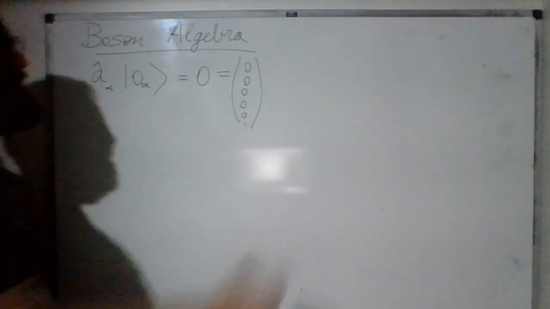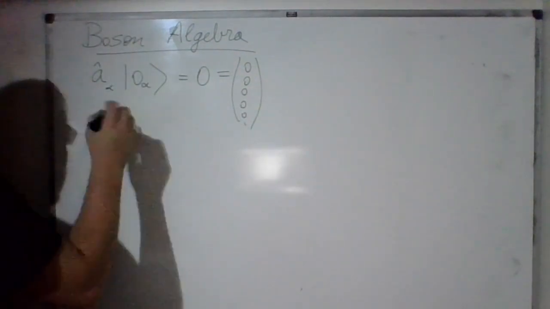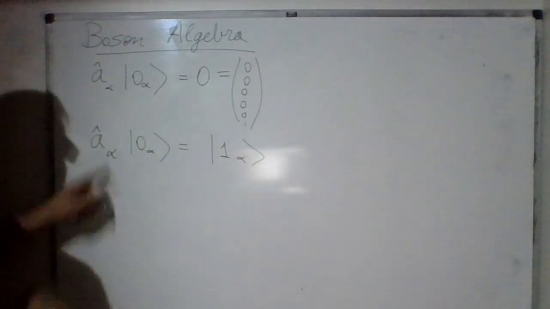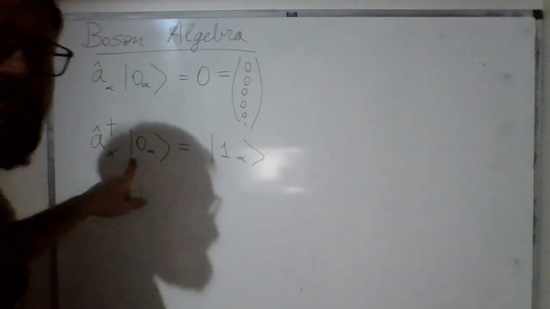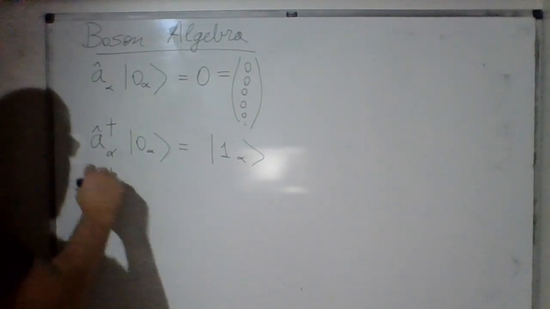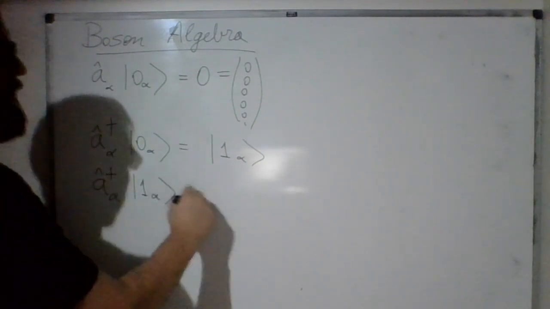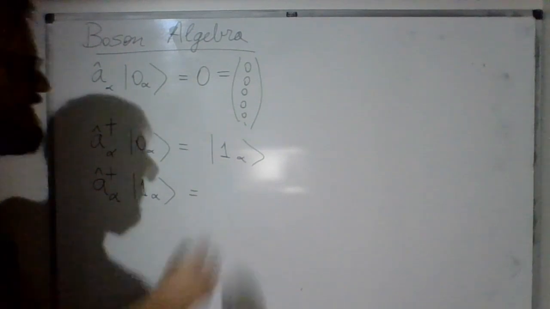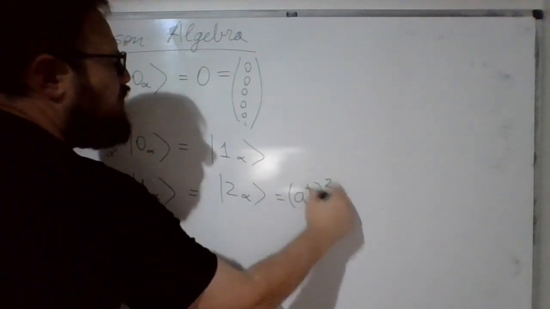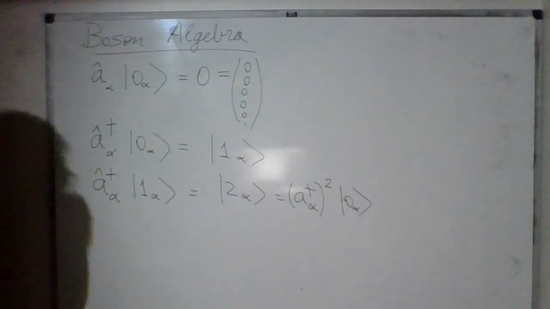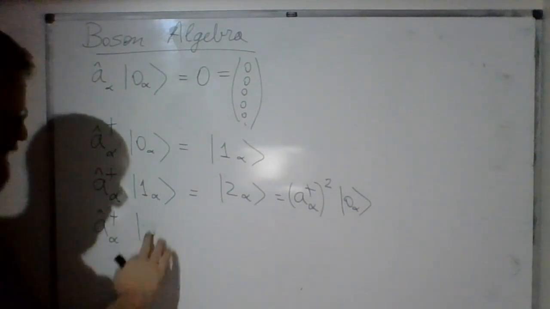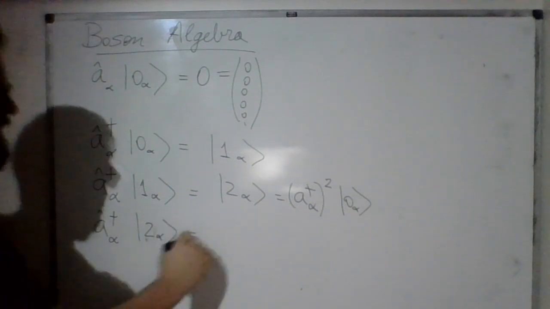But you could create a particle in the vacuum. It will produce the state 1, and this would be done by acting with the creation operator. You could apply it again to the state with one particle. For bosons, it works just fine. You can put two particles, but notice that this is the application of the operator twice to the vacuum. And you can apply again to the state of 2 particles, and you will produce,